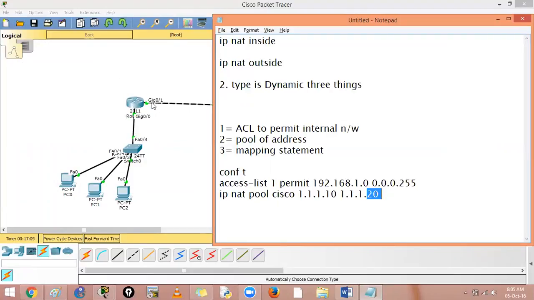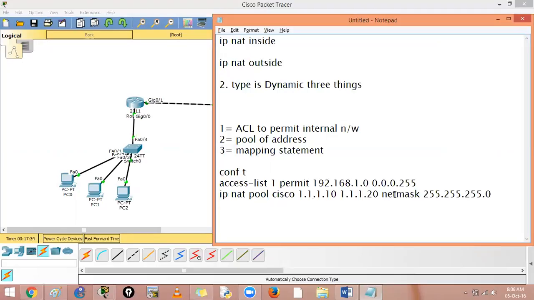So only 10 people at a given point of time can go outside. Here I have 3 people, so I can take 2 addresses also, no problem. But just for trial's sake, we are taking this number. And here you have to say netmask. The subnet mask is 255.255.255.0. So the first statement is accomplished, second is done, third statement will be mapping.